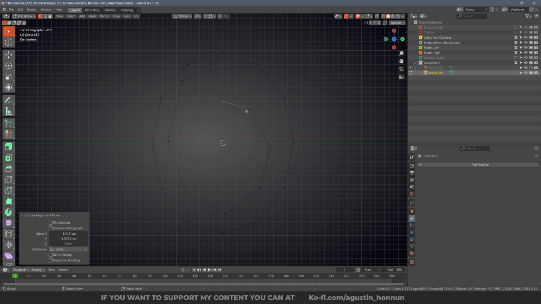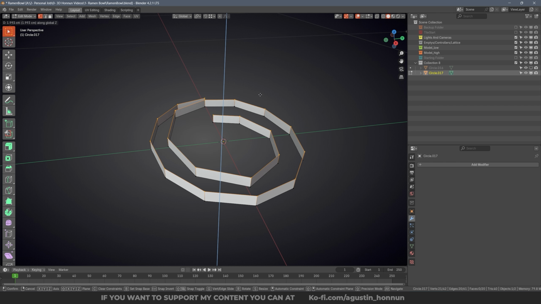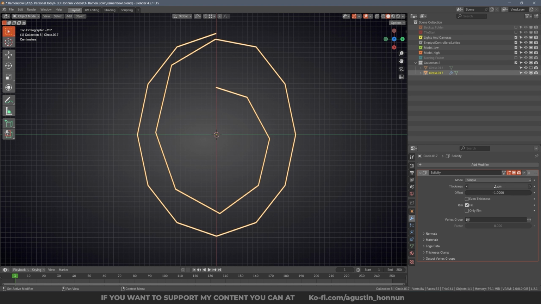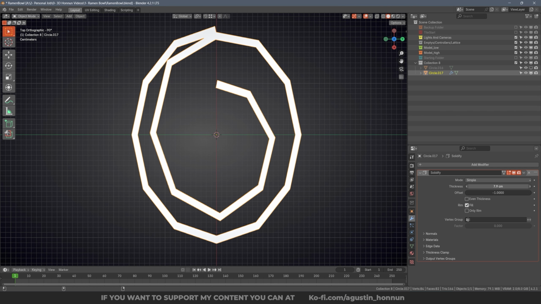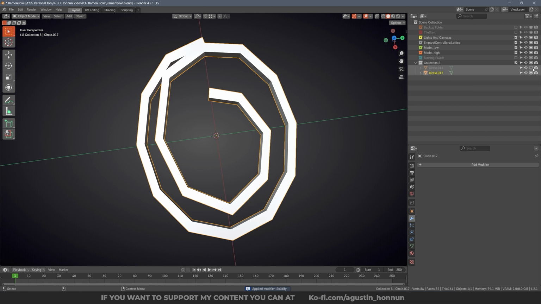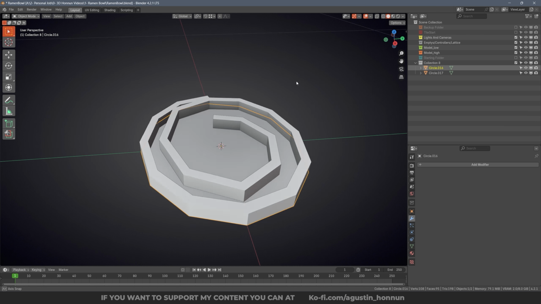Maybe just like this. Then I'm going to extrude this along the Z-axis, and I'm going to add here generate solidify. Maybe just something like this. Perfect. Apply. Then unhide the original shape, and I'm going to